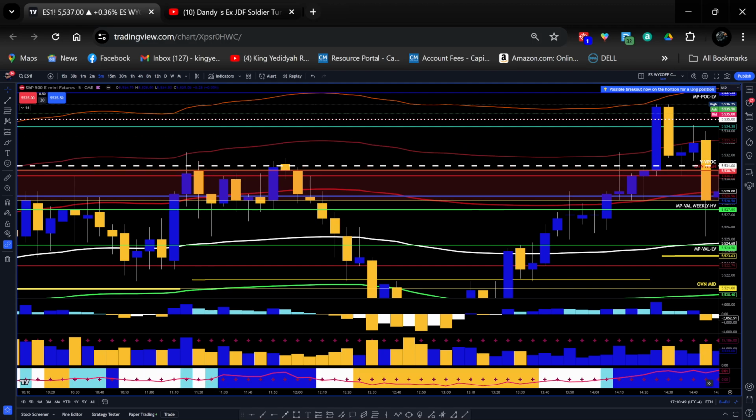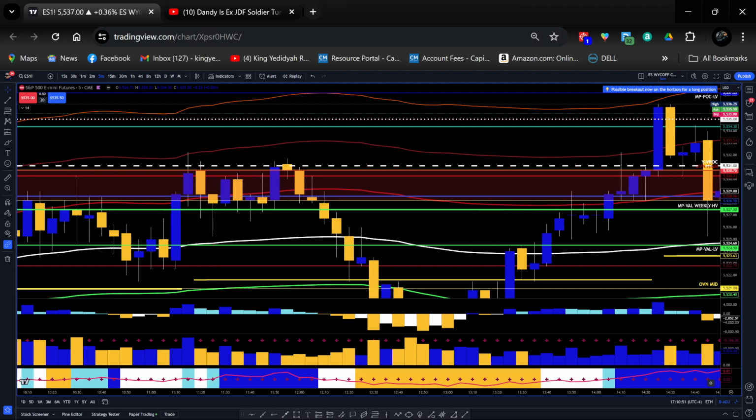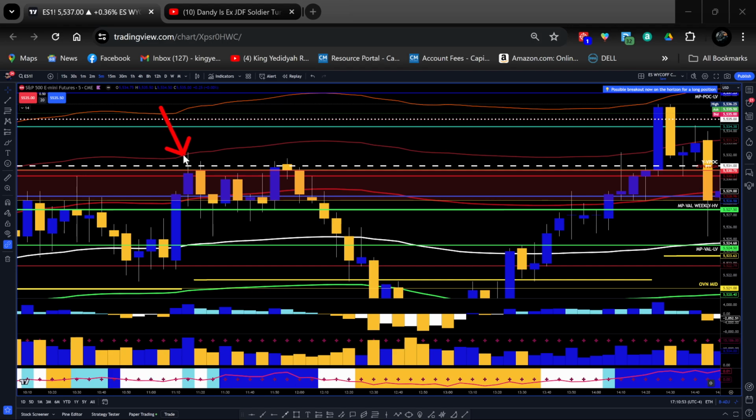And you can see that was coming off of the second upper deviation rejection, Camarilla R3, golden pivot zone, central pivot breakdown, and breaking down the first upper deviation. So: rejection of the second upper deviation, breakdown of Camarilla R3, breakdown of the central pivot, and then breakdown of this first upper deviation here. You see that red line right there?